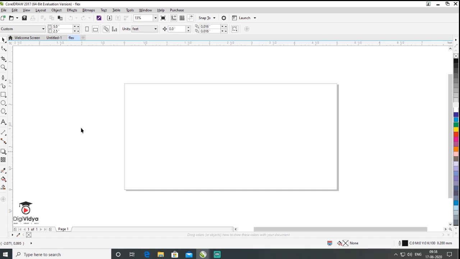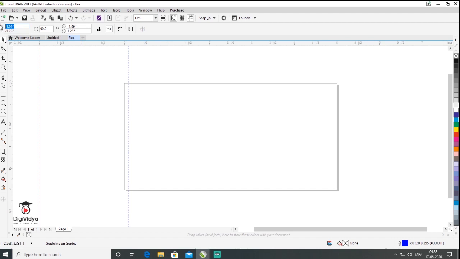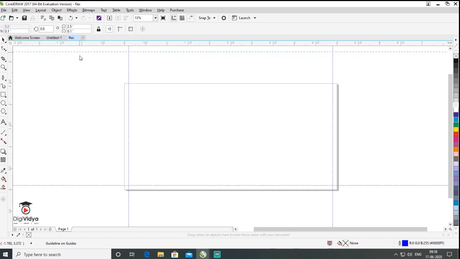size. So now I want to make some margins, so I drag from here a guide line and go to x-axis 0.1 and drag, and x-axis will be 4.9. So I drag from top and y-axis is 0.1 and drag from top, and x-axis will be 2.4 because this is 2.5 into 5 feet.